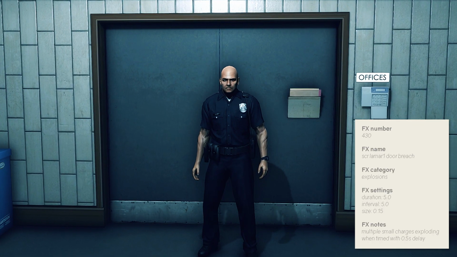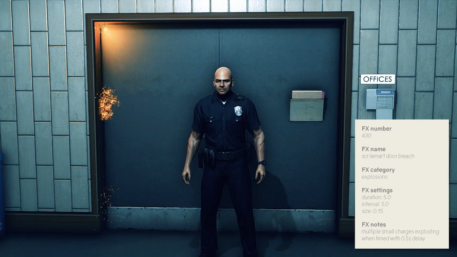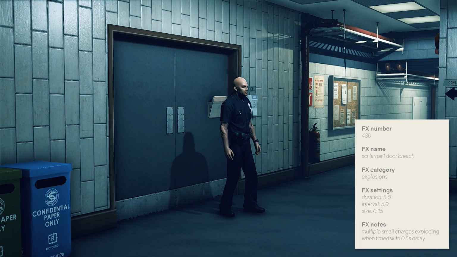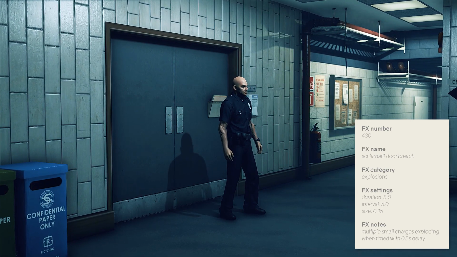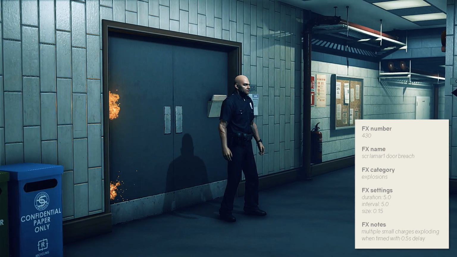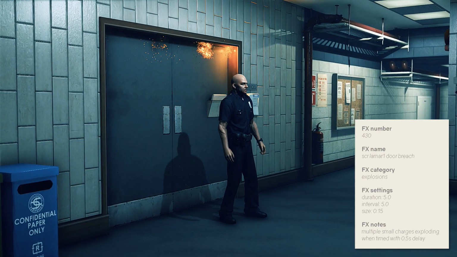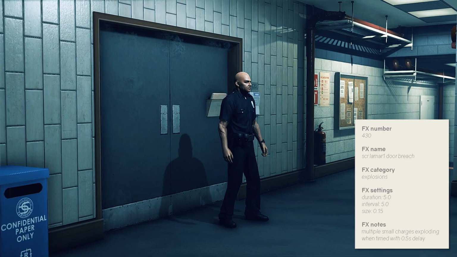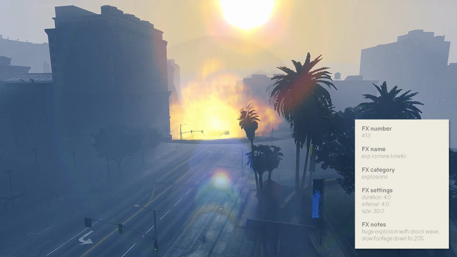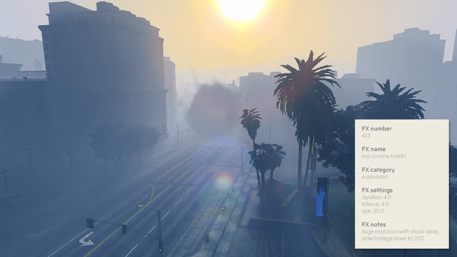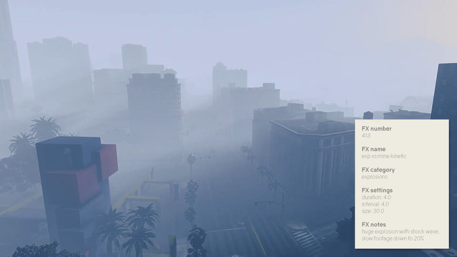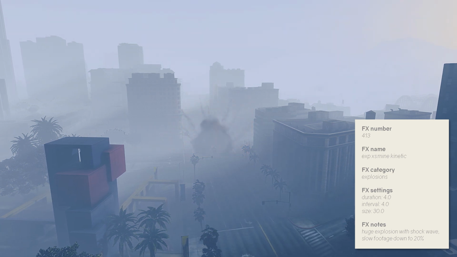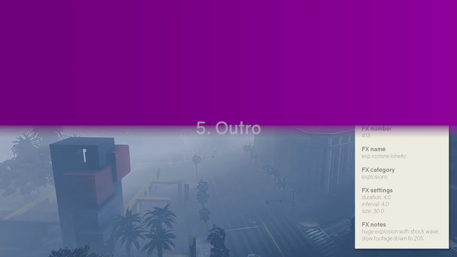Another cool idea is using this door breach explosion and actually scale it down a lot. Then you duplicate this object, add a nothing task with a 0.5 seconds delay at the start and reposition it. Rinse and repeat for multiple charges going off in short succession. Or just use this explosion effect for a huge shockwave moving through the city. This footage is slowed down to 20%, which creates the illusion that the explosion is actually large.